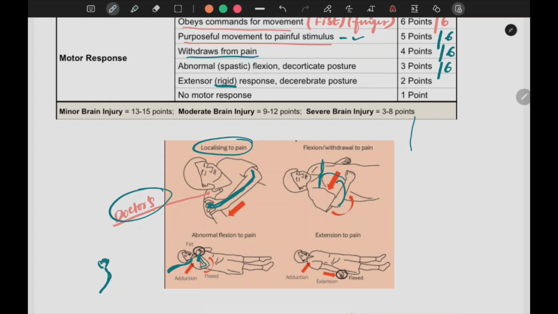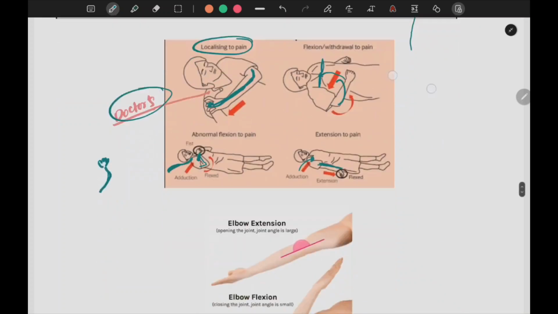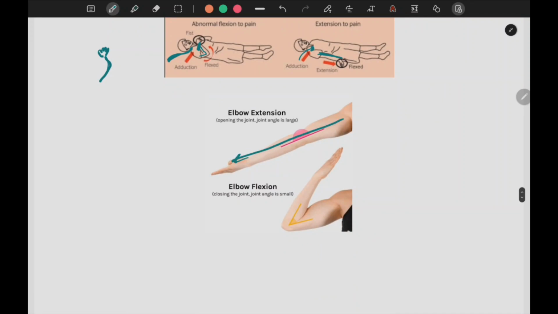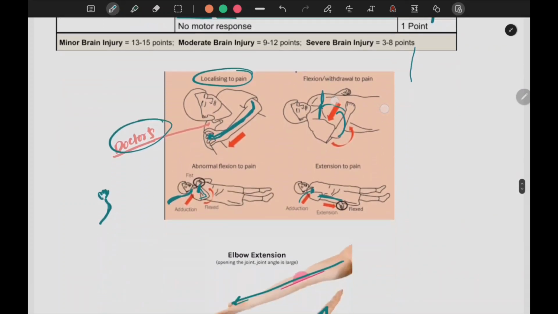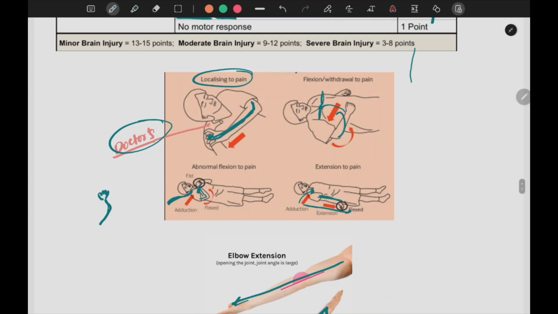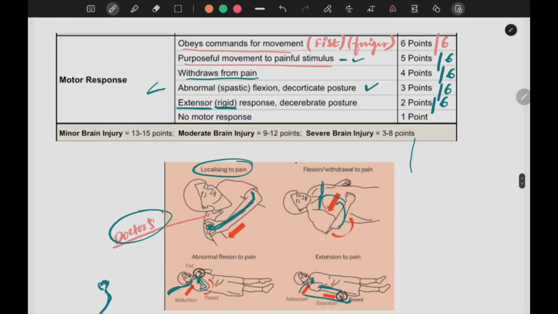Extension is a rigid case. In a rigid case, what will happen? No matter how much pressure you apply, he will not be able to move his hand. Extension is something when your hand is completely straight like this, and flexion is something when you will be able to move your hand upwards like this. So till here the flexion will be seen. That means he will be able to fold his hand and try to move the hand upwards. But in the case where we are giving just 2 points out of 6, only extension is going to happen, and that too a rigid extension. Hand will be completely straight. Patient will not be able to move his hands upward.